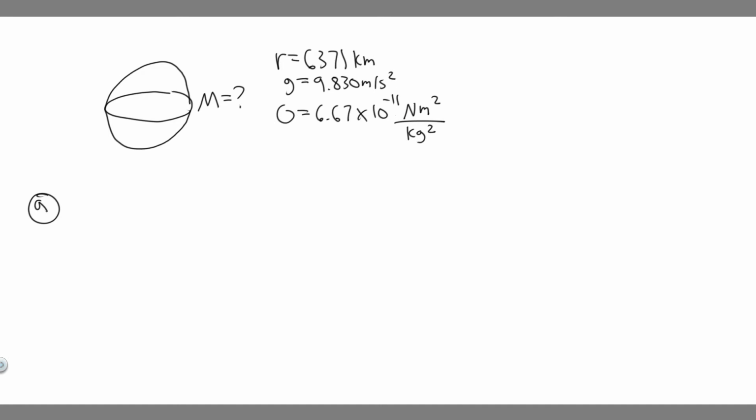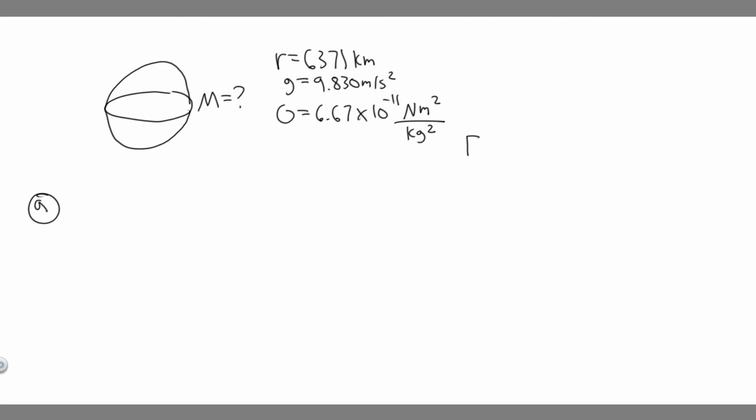And then what we're going to use in this problem is G, uppercase G. What it stands for is the gravitational constant. This is just a number you have to memorize, which equals 6.67 times 10 to the minus 11. So that's the information that we're given. And so what you need to do to solve this is you need to know a certain formula. This formula is based off Newton's law of universal gravitation, which basically tells us F, which is the force,